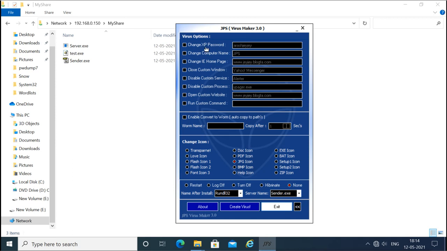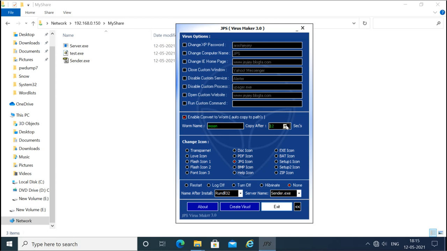Change the computer name, change the Internet Explorer page, choose the custom windows, disable the custom service, disable the custom process, open the custom website, run the custom commands, enable convert. Now this one can convert it into a worm also. So you just have to select this and then name the worm, and then select how many copies you want to make per second.